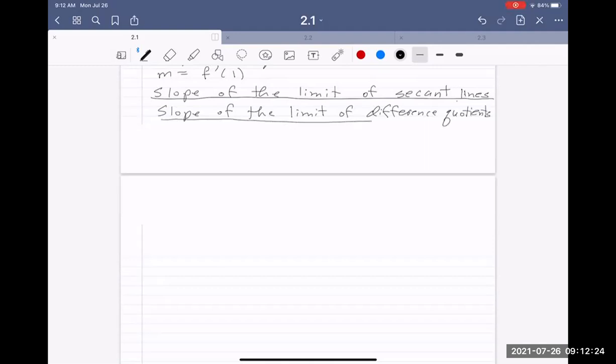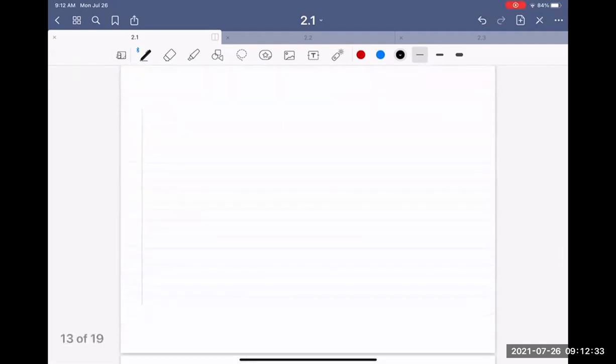Each of these difference quotients is just found as the slope of a secant line. So let's do that. So f prime at 1 will equal